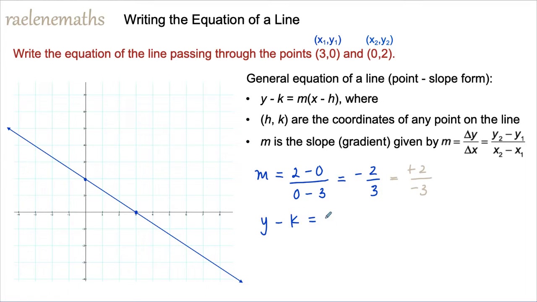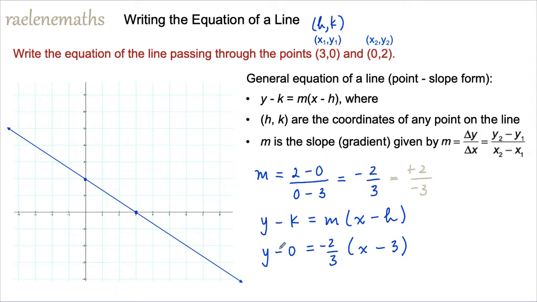and now I'm going to substitute my gradient and the coordinates of any known point into the point-slope form of the equation. So I'm going to use (h, k) as my first point, and when I do that, I get y minus 0 is equal to the gradient of negative 2/3 times (x minus 3). The 0 here can be disregarded, so we get y equals negative 2/3 times (x minus 3),